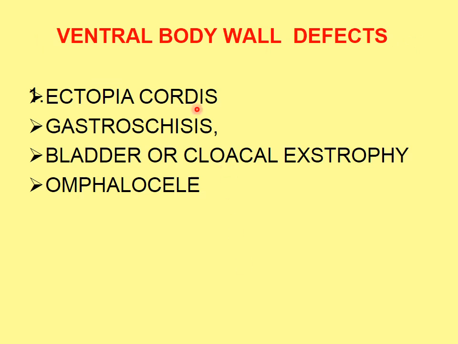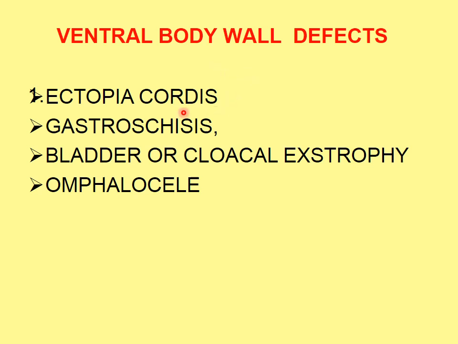Now, as you have seen the ventral body wall formed in the previous lecture, some of its defects and clinical correlates were left, so today I'm also going to discuss them with you. As you have seen, there was ventral ingrowth and ventral extension of the lateral body wall tissue to make the anterior body wall. I will show you in the next slide.